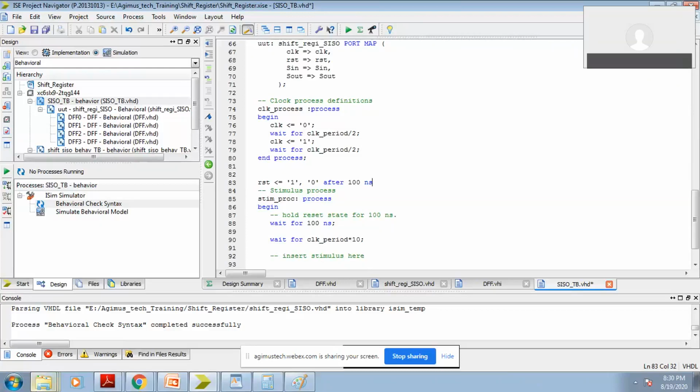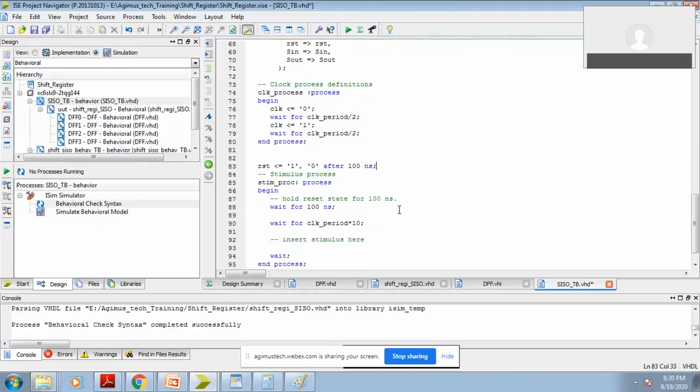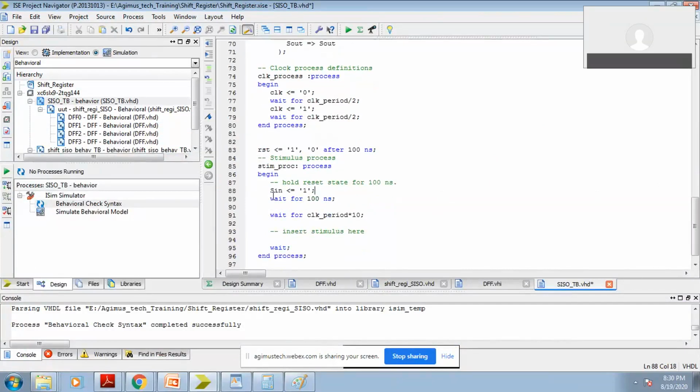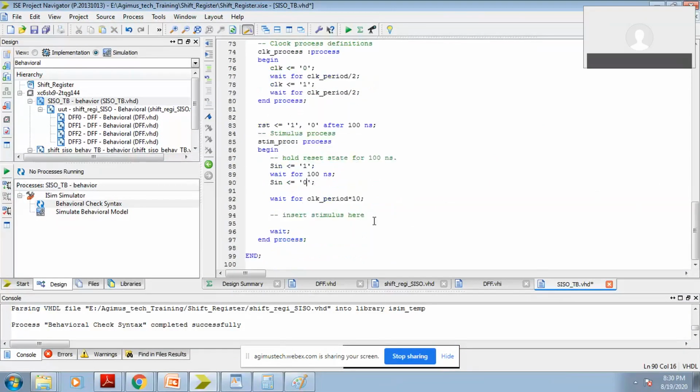Okay, and you have to provide the input S in as 1 for some time, and after that 0, and I'll just go for simulation now.